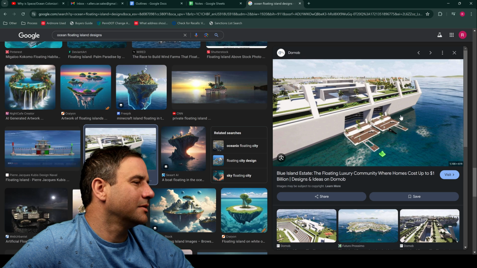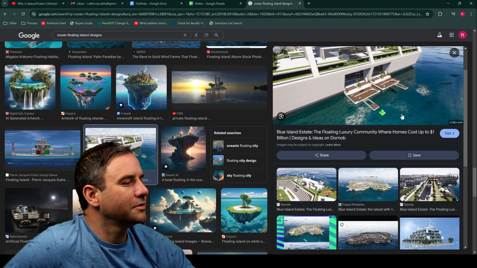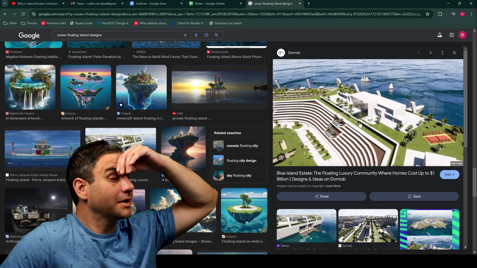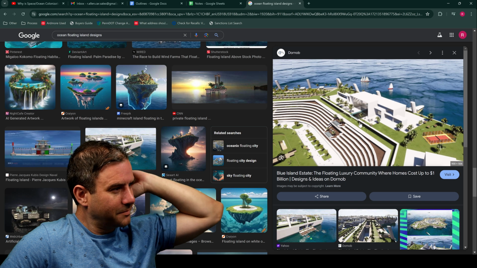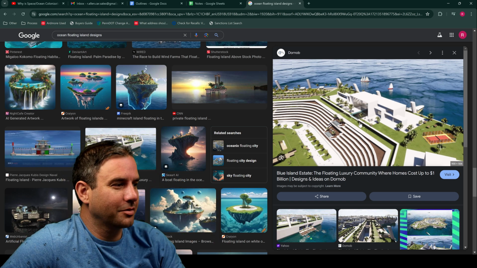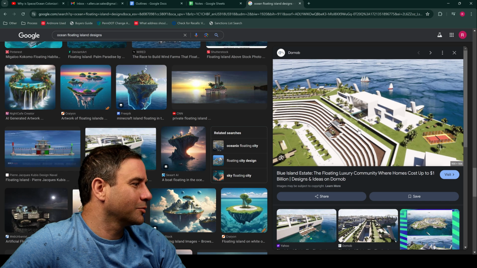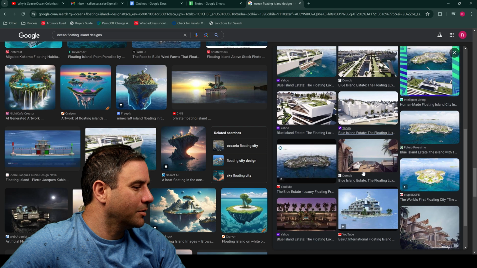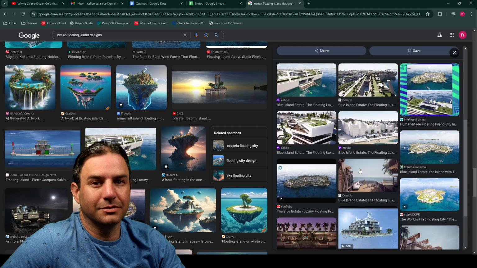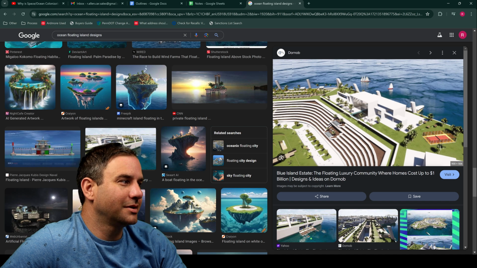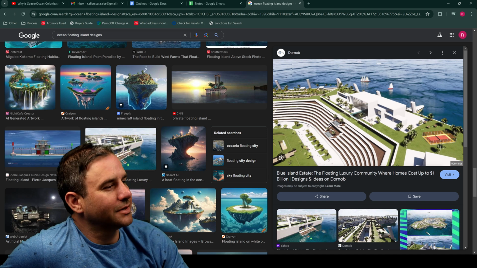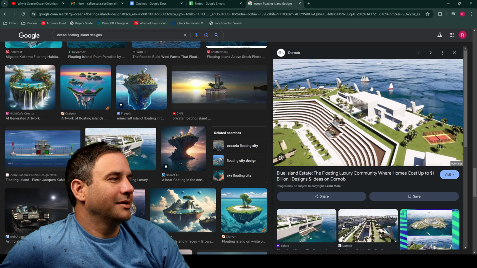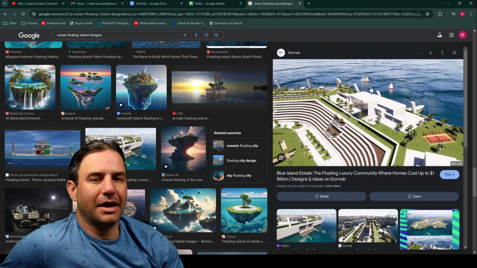Blue Island Estate. What a cool design, right? But again, this one floats on the surface. I love the design. I might have actually done some of the early conceptual work on this, because I was paid to make an early conceptual model, but I guess they didn't continue using me to build out the model. But I remember doing a model a few years back that was very similar, just with less detail. And God, this would float right on the surface,